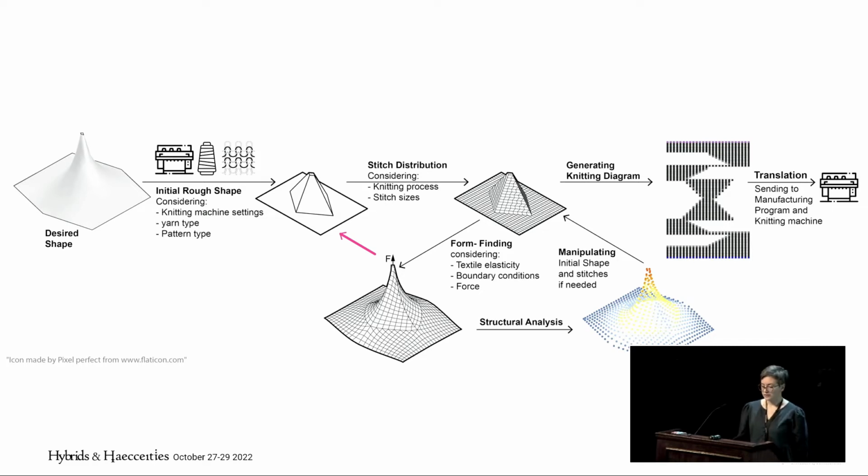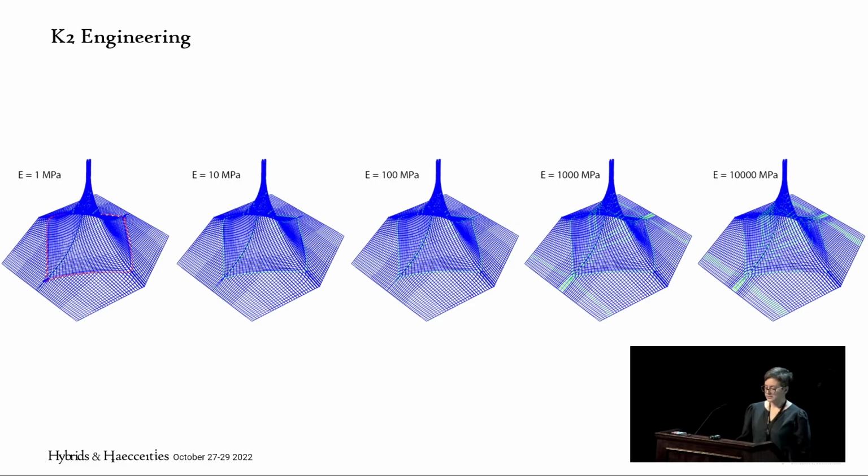One is during the form-finding process, and the second is after loading and getting feedback from the structural analysis. So one can always go back to the stitch level and manipulate properties of the material and run the form-finding again. For this step of structural analysis, we looked at how tools such as K2 Engineering can give us feedback